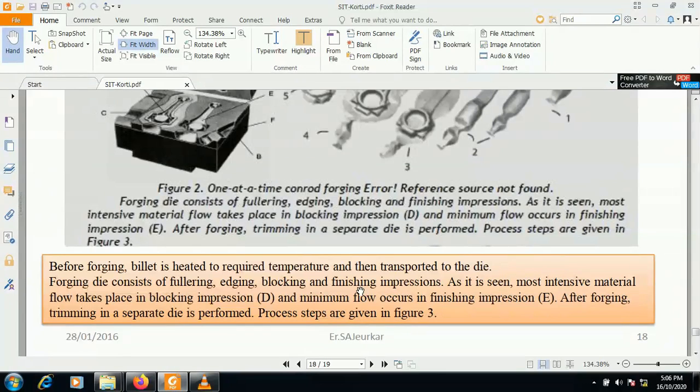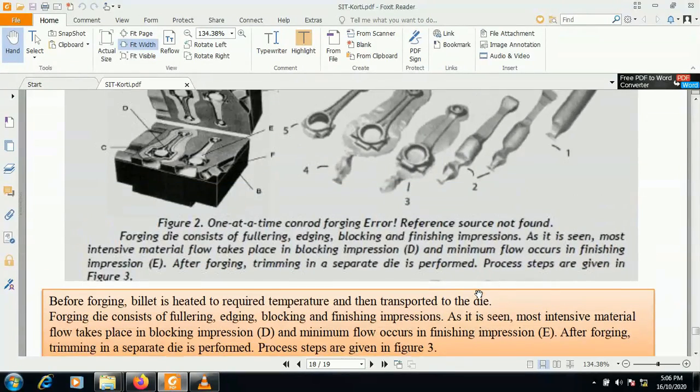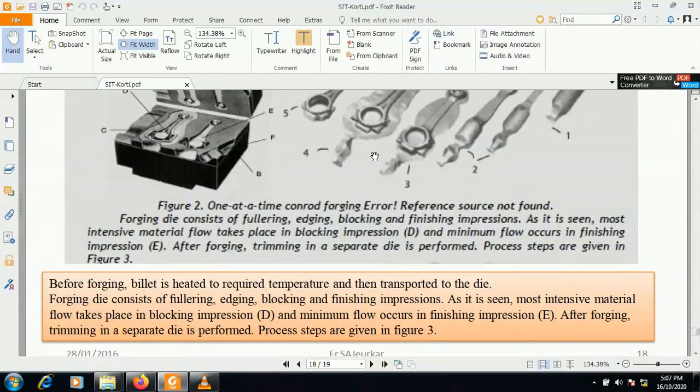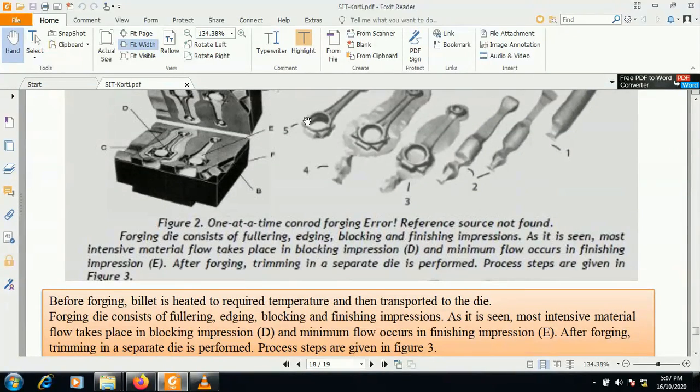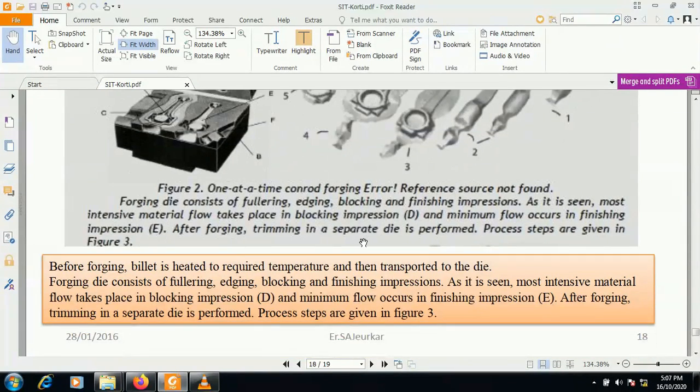Forging dies consist of fullering, edging, blocking and finishing impressions. As is seen, the most intensive material flow takes place in the blocking impression, the D number die. Means in this die the most extensive material deformation takes place. Here also you can see the most intensive material flow takes place in the blocking impression. Maximum deformation is achieved in the D step and minimum flow occurs in the finishing impression. This last is the impression die in which only trimming takes place and the final finish is given to